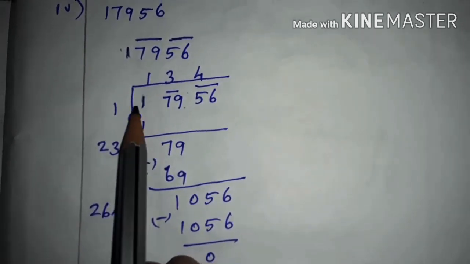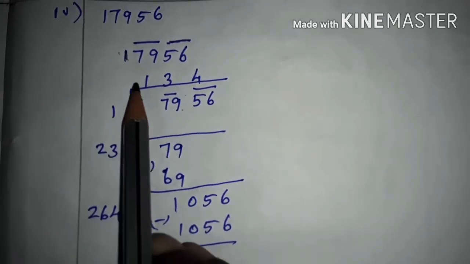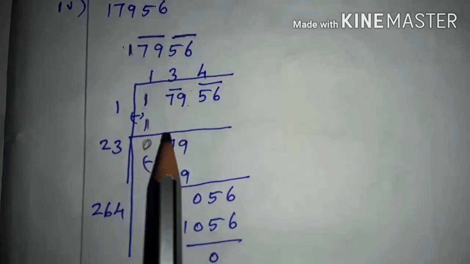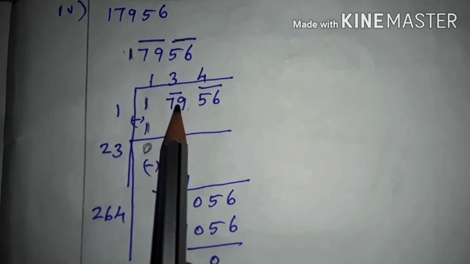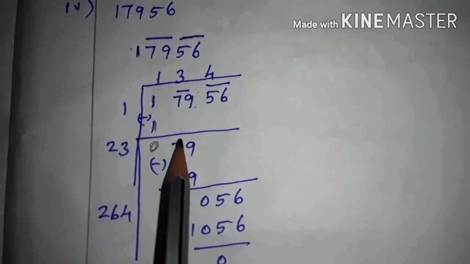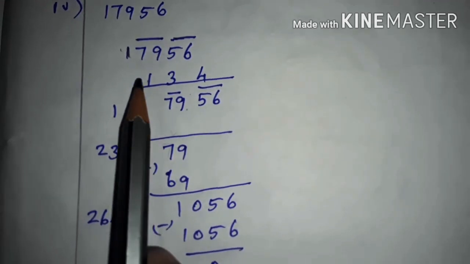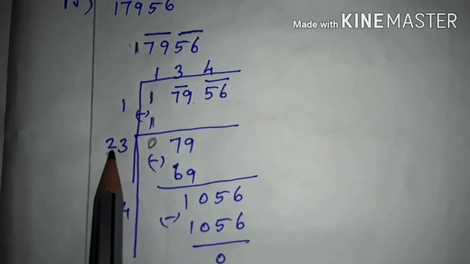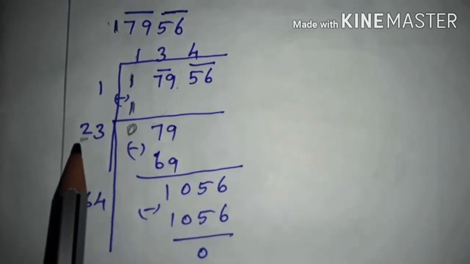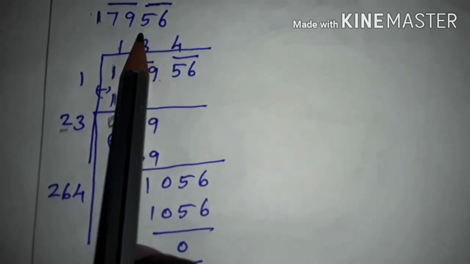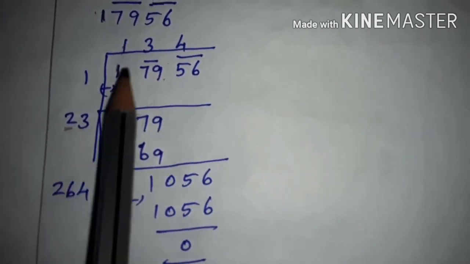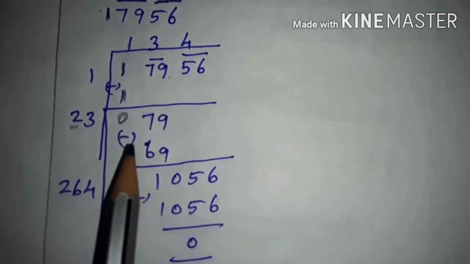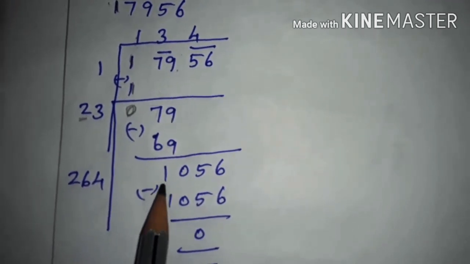First we take 1. This 1 is the square of 1. Therefore 1 into 1 we write as 1. If we subtract we get 0. The next step, you bring the next two numbers down. That is 79. We have the quotient as 1. This 1 you multiply by 2. We get 2. After multiplying by 2, you have to find the quotient of the second group. For that, we are multiplying it by 3. We get 23 into 3 as 69. Then you subtract it. We get the remainder as 10.